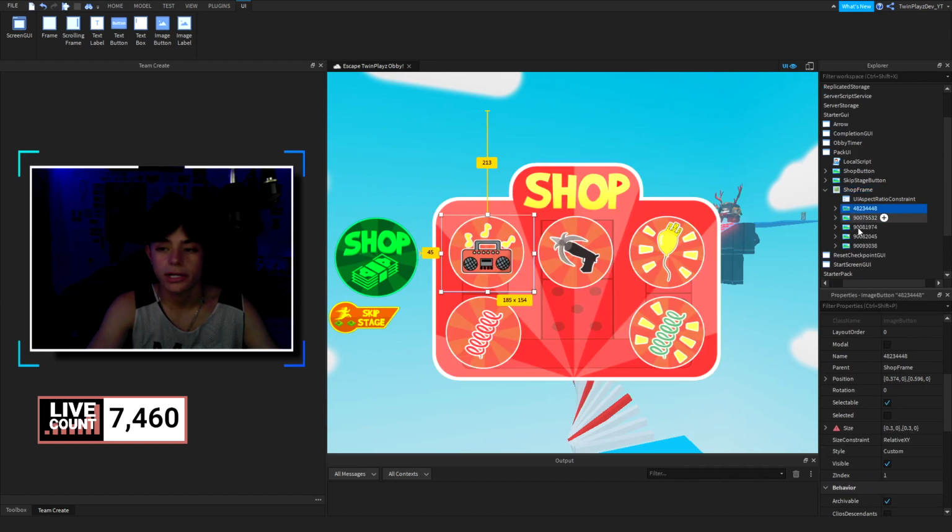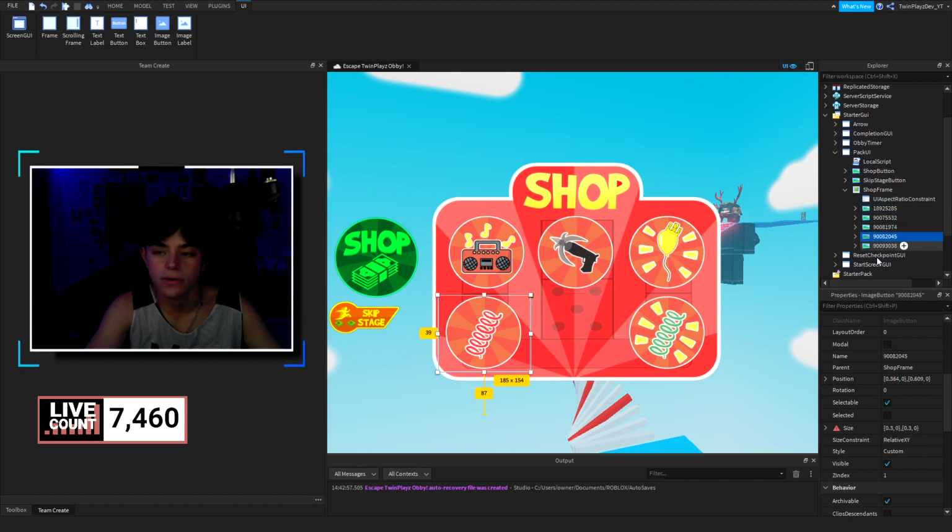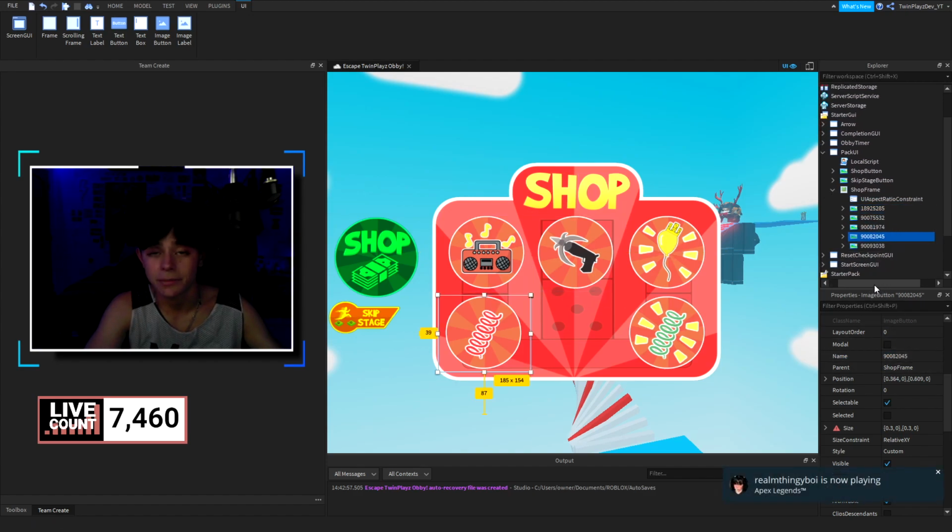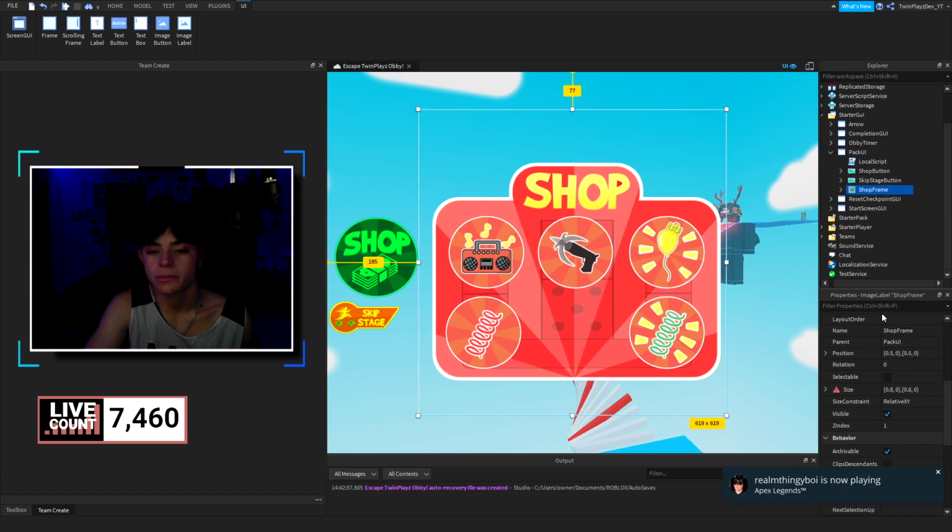And in here, you want to change the IDs. So see how this ID is Boombox? We're going to call this and change that ID because, oh wait, that's a skip. Oh wait, that is Boombox. Oh wait, hold up. So that's Boombox. I didn't really change that right. So yeah, like I said, change these IDs or the names. So you just go right here and change the name or the number. So pretty simple for that.